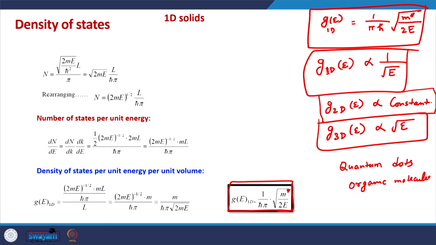So, these solids have very small dimensions in all directions, which means that electrons are now confined in a nanoscopic regime in all the directions. They are not free to move in any dimension, any direction basically. So, for 0D solids, I will let you think about this, what would be the density of states for 0D solids. Please think about this, and we will